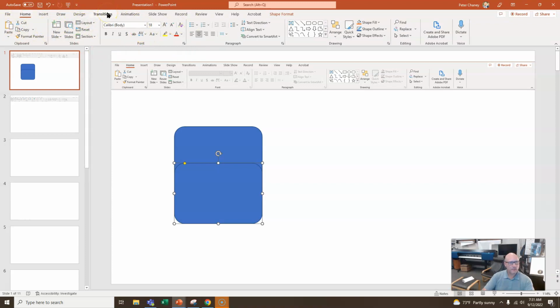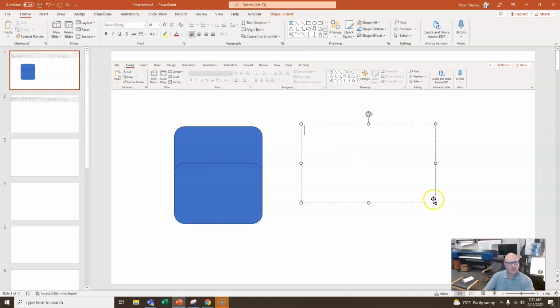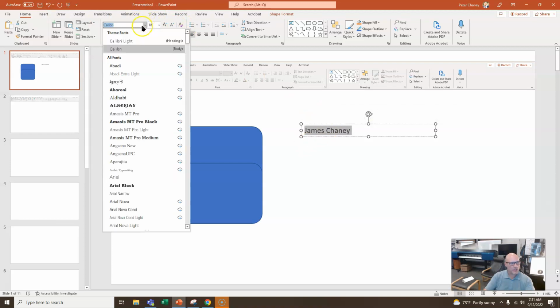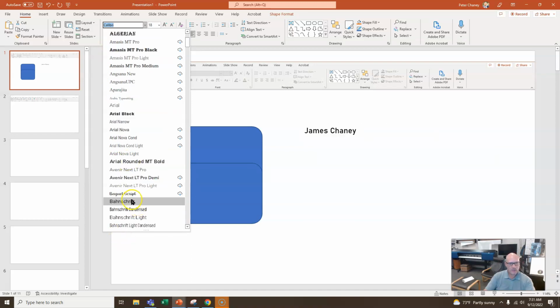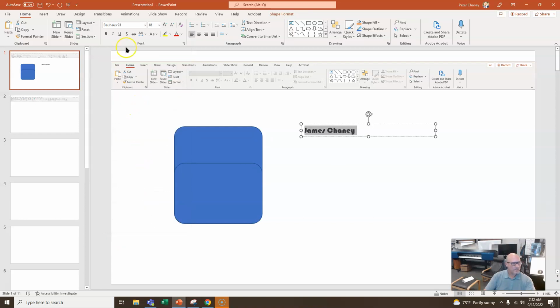So we've covered this, now we're going to do some text stuff. So what I'm going to do is insert a text box over here, so I have to go to the insert menu to do that, and I'm going to put my first and last name. And we're going to do a bunch of stuff with this. So if I double click in here, it'll highlight everything. I'm going to change to a different font, and I want you to do this on yours too. So right now you should have two shapes. You should have a text box, and you should have your first and last name in the text box, and you're changing the font type, and you're going to change the size,